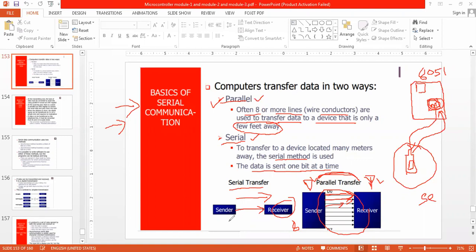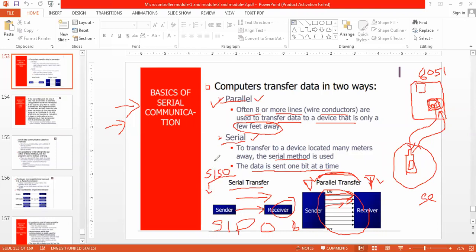For example, in digital electronics, what have we seen? Serial in, parallel out, SIPO, and serial in, serial out. This one we have already seen in digital electronics.